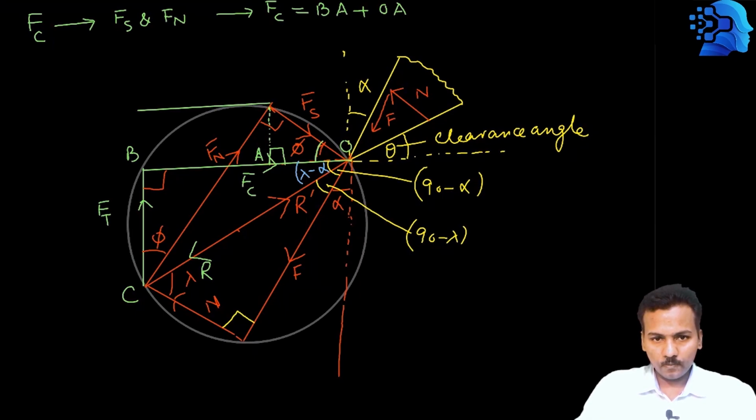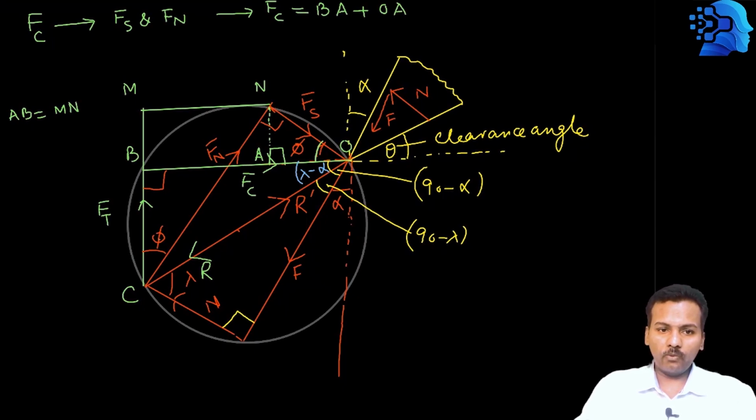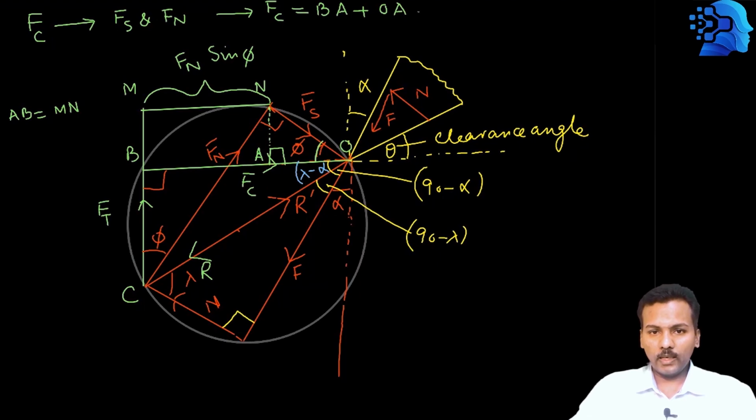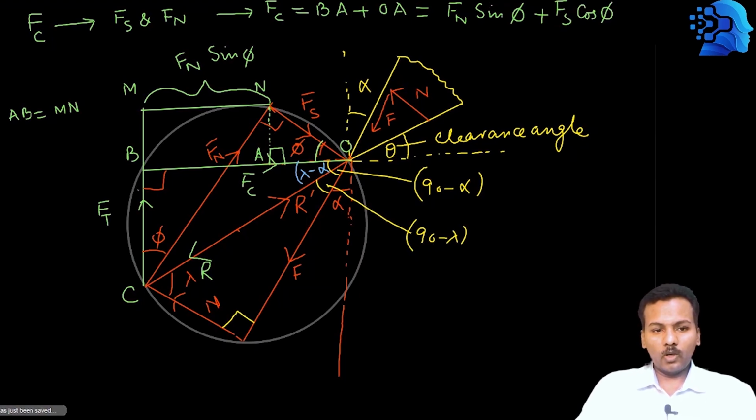Draw a line. This is Mn. This AB is equal to Mn. So Mn equal to Fn sin phi. This is Fn sin phi, and that is equal to AB. So we can write here AB or BA equal to Fn sin phi plus Fs cos phi. Now we want to calculate the value of Ft, thrust force, in terms of Fn and